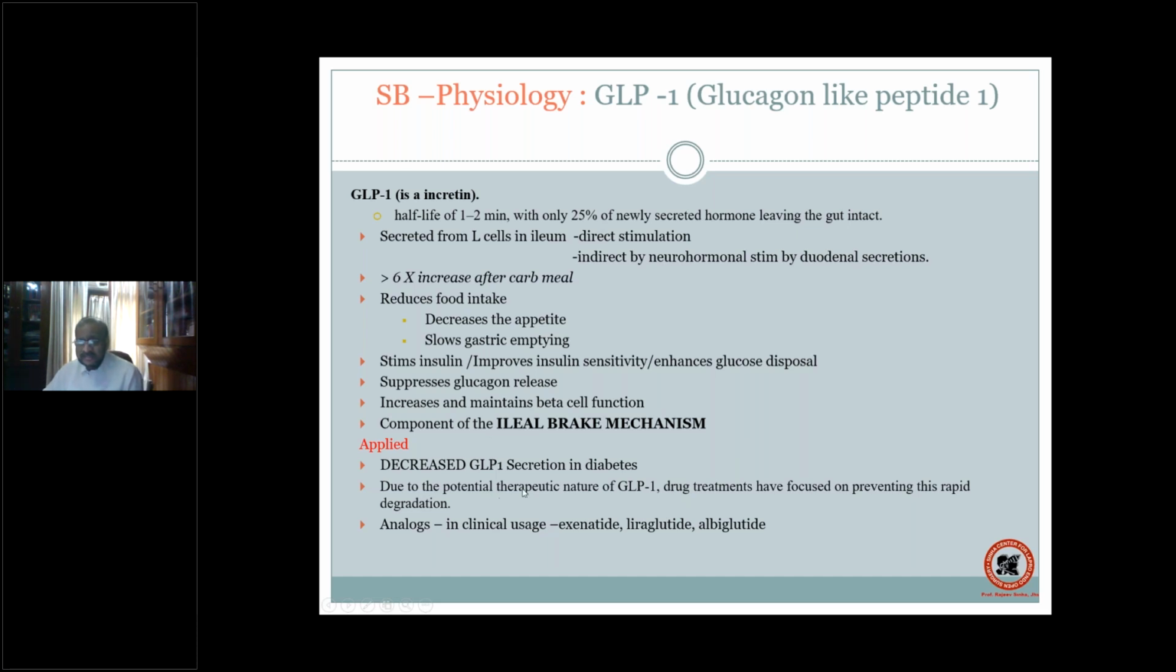The therapeutics now is that if we can somehow modify GLP, drug treatments could be there for diabetes. And that is exactly what happens. You have GLP analogs in clinical usage now, being used for diabetic patients: exenatide, liraglutide, and lixisenatide. These are in clinical usage. These are not just hypothetical drugs. They are all synthetic GLP-1, and they control the glucose level by stimulating the insulin